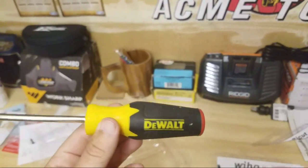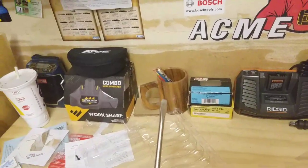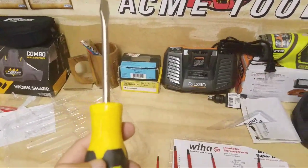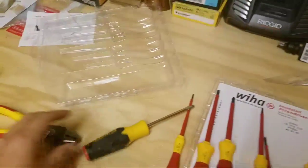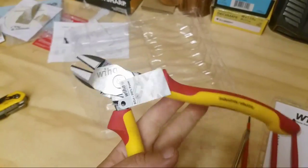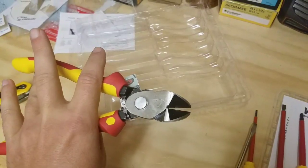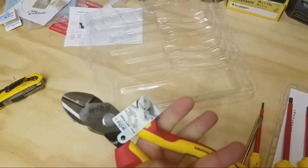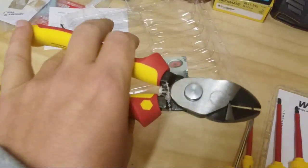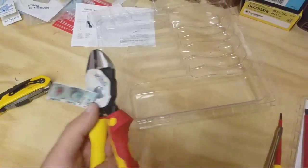But DeWalt and Husky are throwaway things. You get good tools. I like to use Wiha, where I always carry chiefs. Yeah, that's what it is, and I think that's human nature. Like I said, I don't think I could use these in my truck tool bag, where I'm leaving stuff out in the truck and in the rain, and I got my guys using it, and they don't give a shit about anything. They'll throw it on the asphalt, and